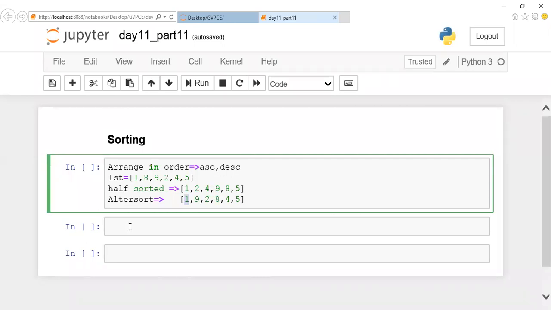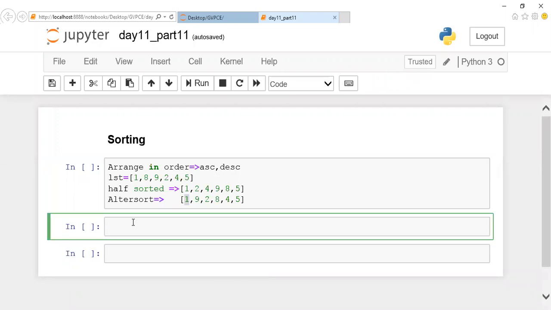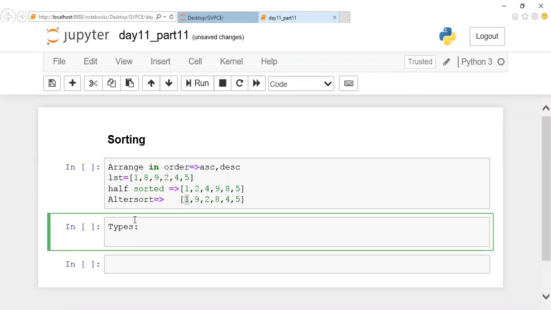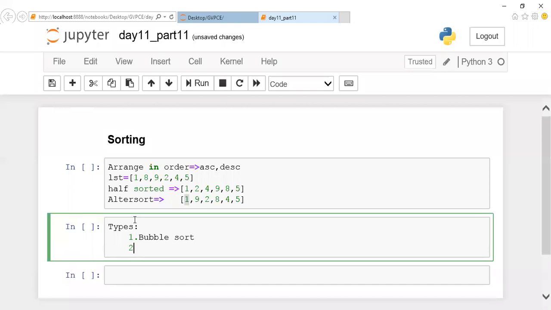So here specifically, when you're going with data structures, we have different types of sorting. I guess you might have come across them. What are the types of sorting? What will you start with first? Just name alone. Bubble sort, right? Then selection sort.